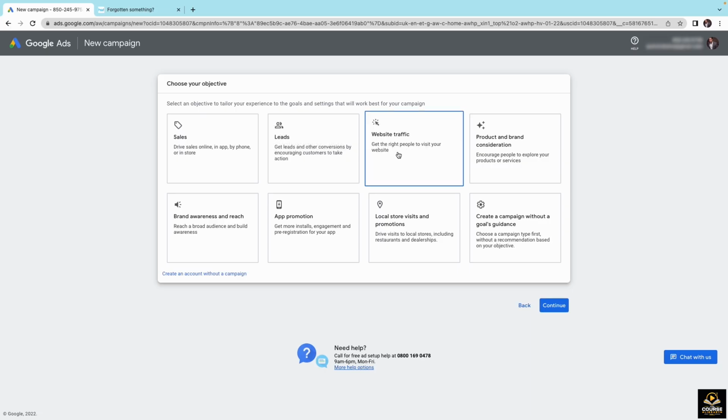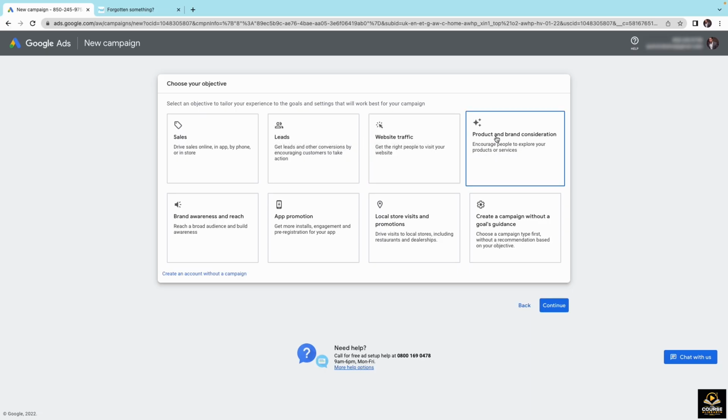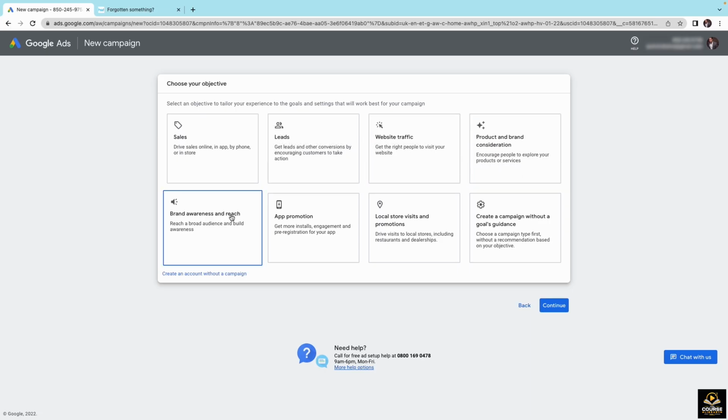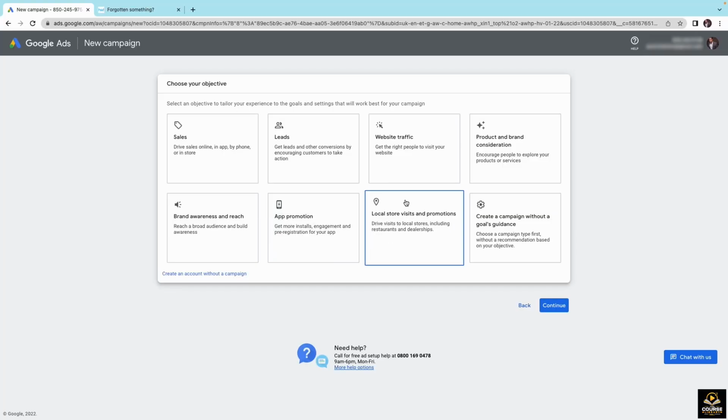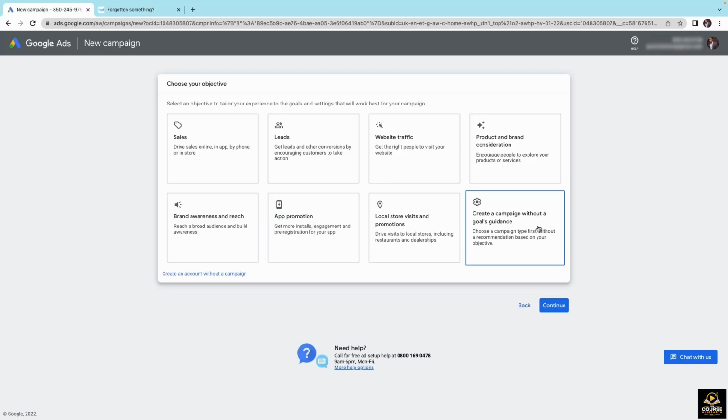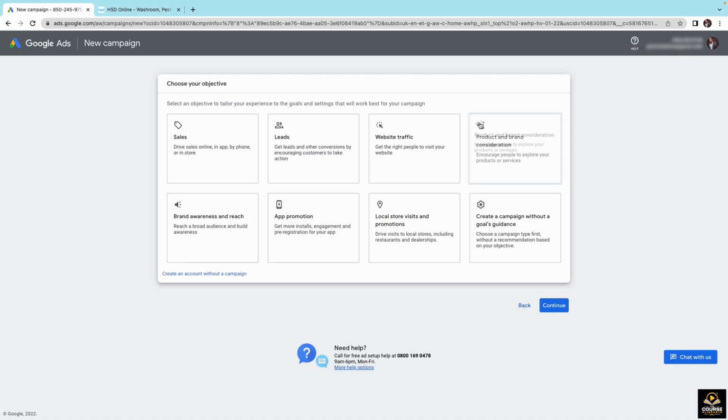We've got sales, leads, website traffic, product and brand consideration. We've then got brand awareness and reach, app promotion, local store visits, and we can create a campaign without any guidance whatsoever. So that's like expert mode on steroids, and is one I don't recommend. If you are feeling overwhelmed with all of the options you see here, then don't worry, as 9 times out of 10, or 9.9 times out of 10, the majority of people want to go for this campaign objective right here,